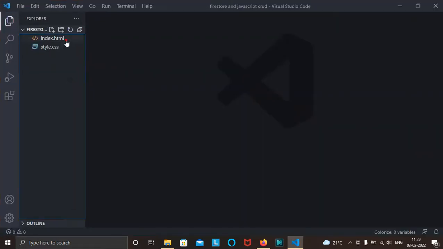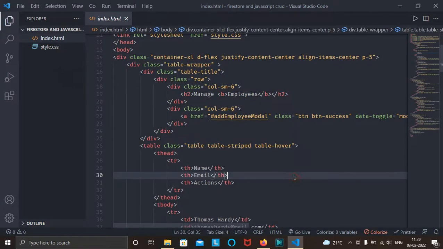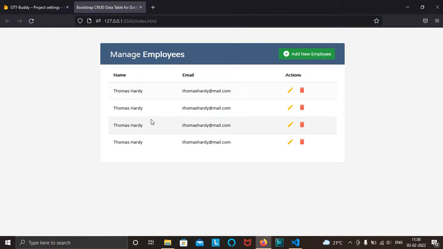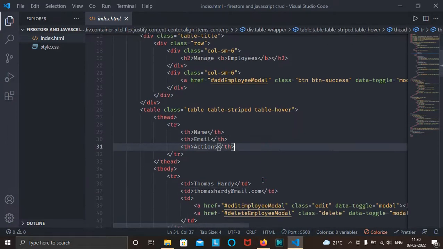Now here I have already created a template for basic CRUD. Let me show you. This template. I have already created this template for basic CRUD applications. So I will provide the link in the description.